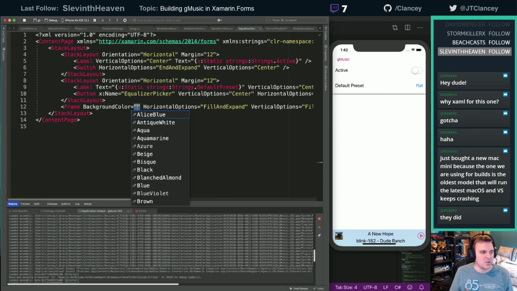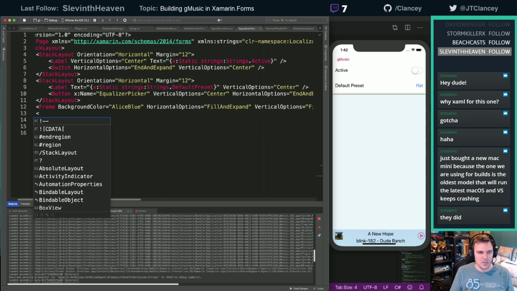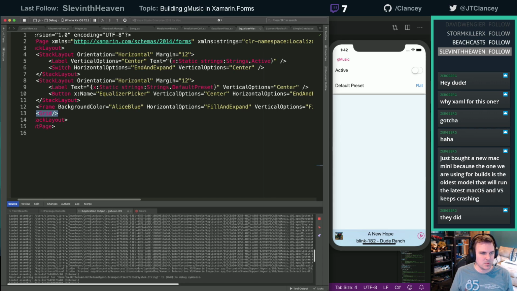Background color equals, we'll just go with that Alice blue because it's the first one. Now let's throw into here, we'll do this one as a grid because these ones are consistently spaced. All right, format that, save that code. It did not do anything at the bottom because there's nothing in that grid.